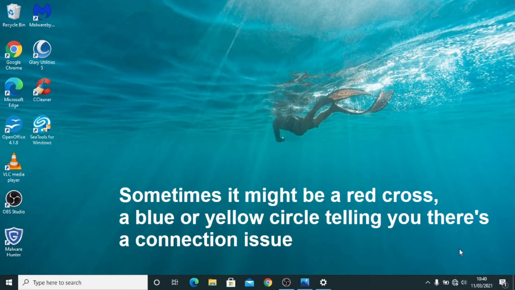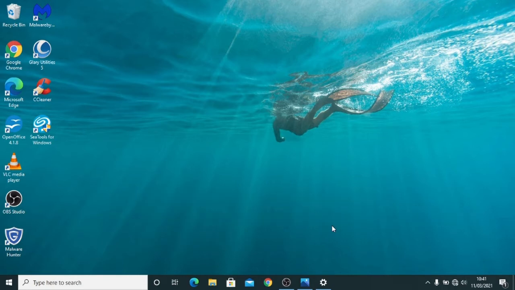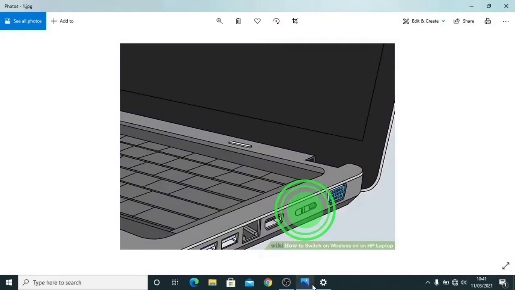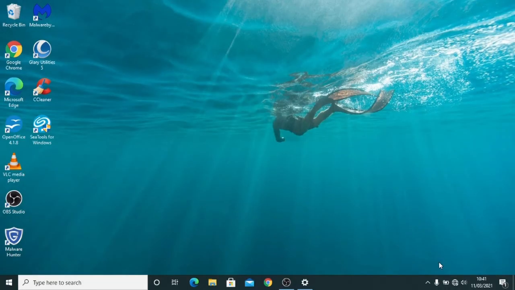So the first thing to do is check to see if you've got a Wi-Fi toggle on the side of your laptop. Usually this is on the front edge or around the side, and it looks a little bit like this. If you have a button on your laptop called a toggle, make sure that's switched into the on position. So toggle that, see if that makes any difference, and if you can, go back down to the globe down here,